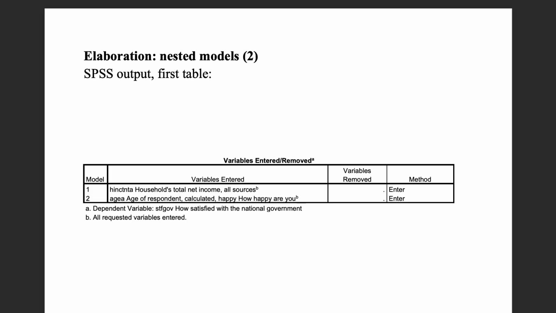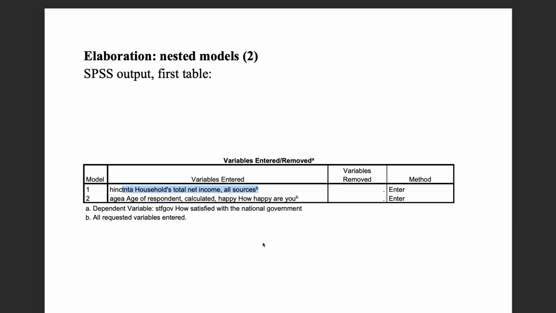I'm now showing you what will come out if you do that, what kinds of tables SPSS is going to present to you. As always, SPSS is going to start with this table that tells you variables entered and removed. Now I used this SPSS command to estimate the two models that I just showed you. So now this becomes a little bit more interesting, because you see that indeed I have estimated two models. SPSS tells me we have 2 models that you asked me to estimate, and I've estimated both of those models, trying to find the right values for the coefficients for both of them. And then it tells you in the variables entered for the first model